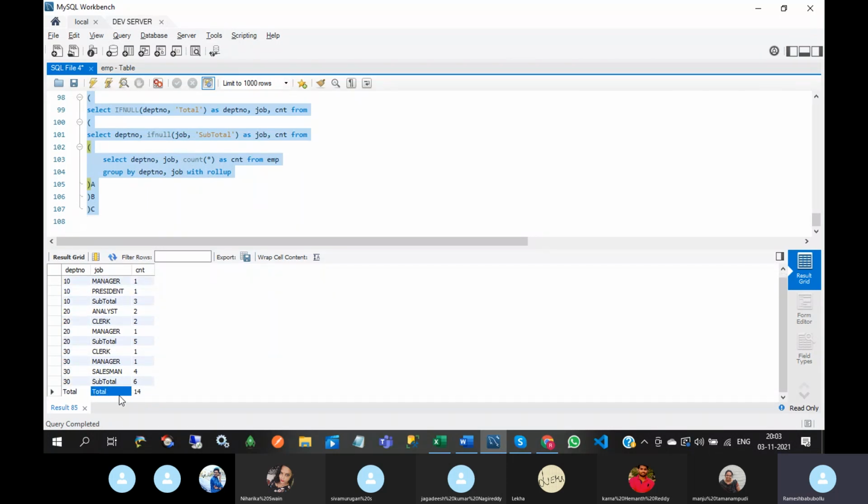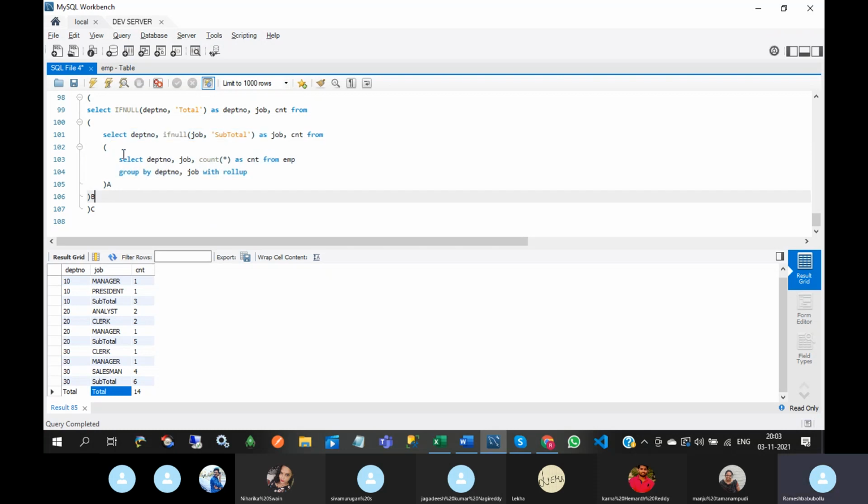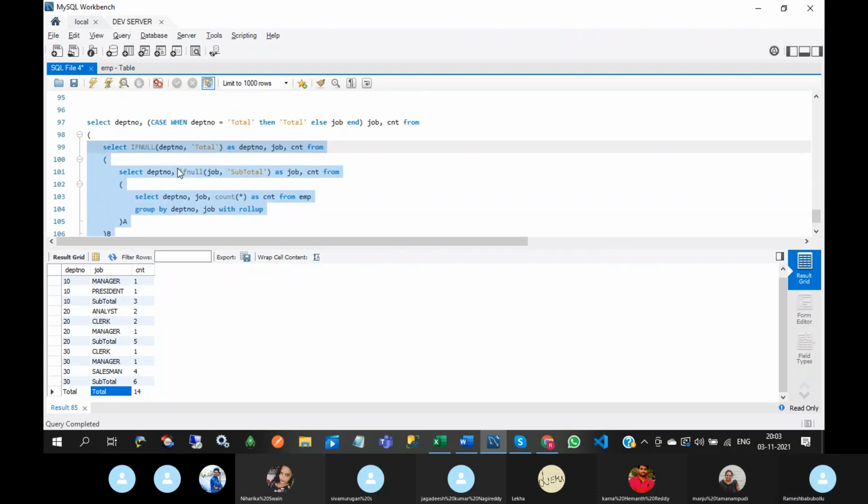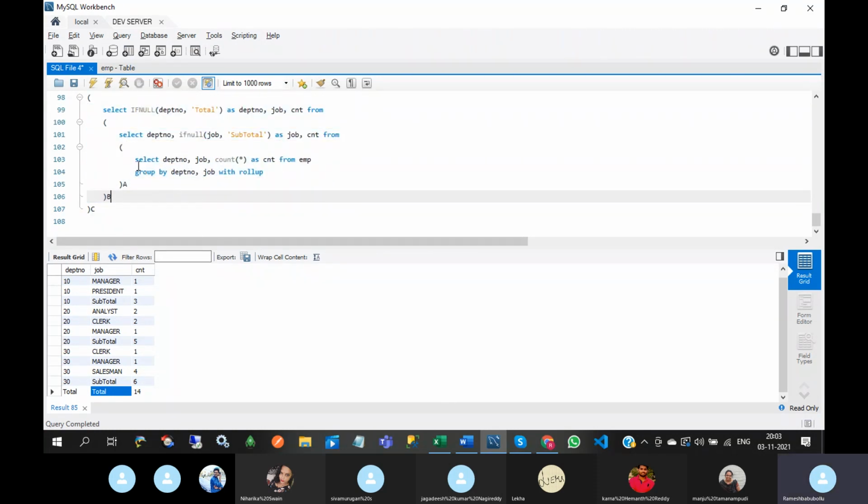See this, here total comes. So for alignment, see this is one derived table.